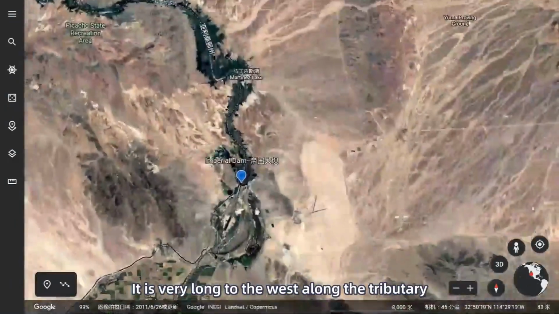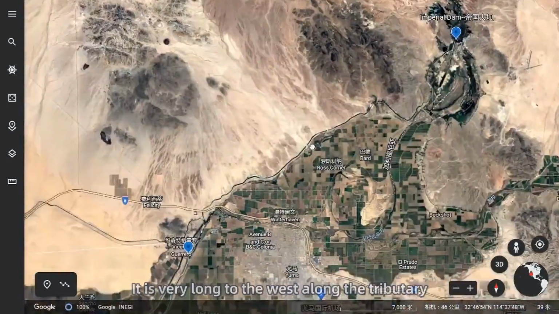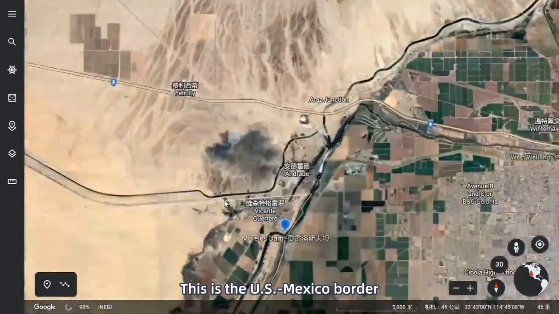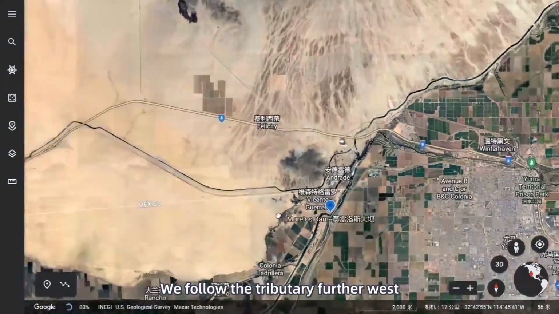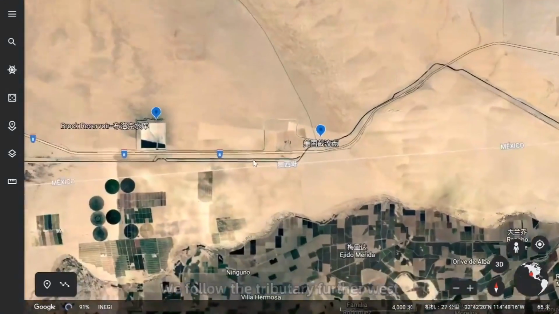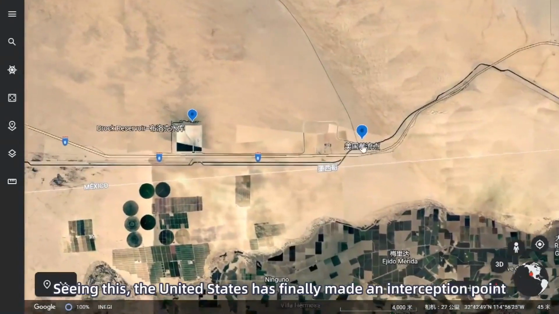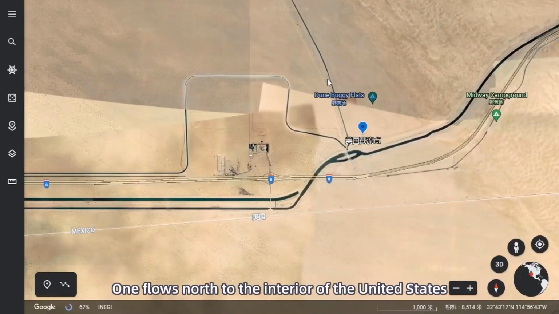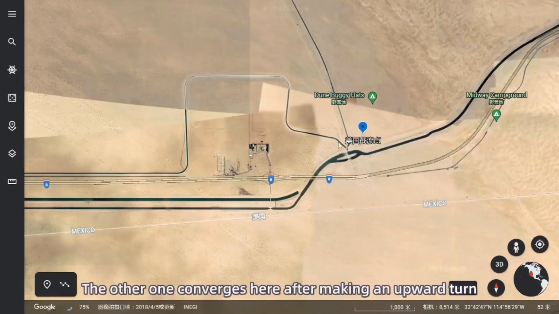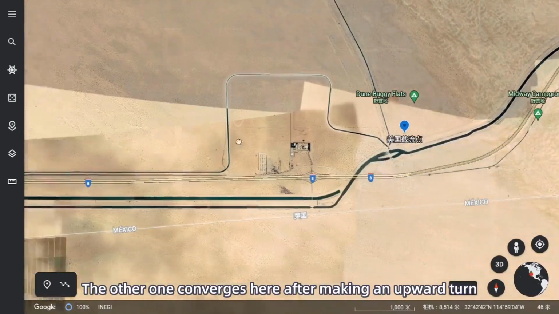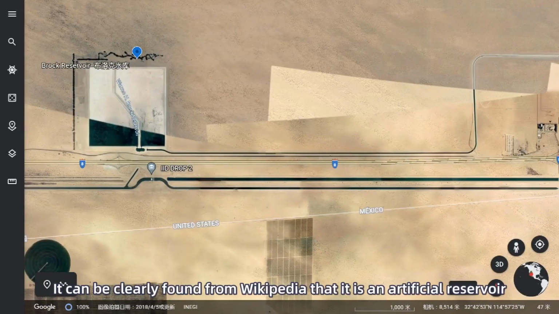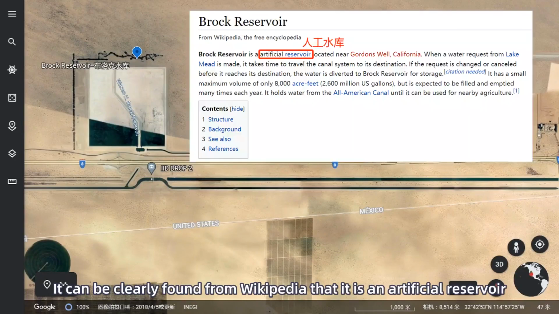It runs very long to the west along the tributary. Here we all notice a white line. This is the US-Mexico border. We follow the tributary further west. Seeing this, the United States has finally made an interception point. One flows north to the interior of the United States, the other one converges here after making an upward turn. This is Brock Reservoir. It can be clearly found from Wikipedia that it is an artificial reservoir dedicated to storing